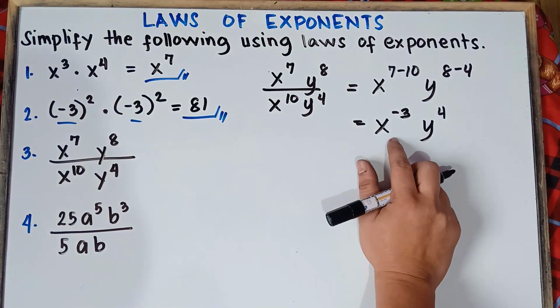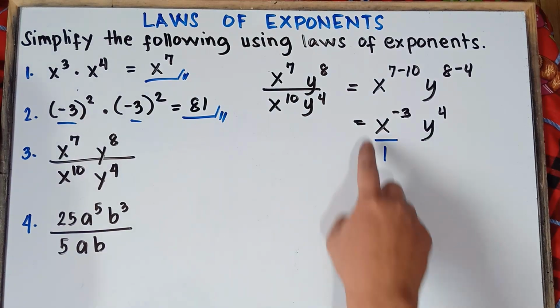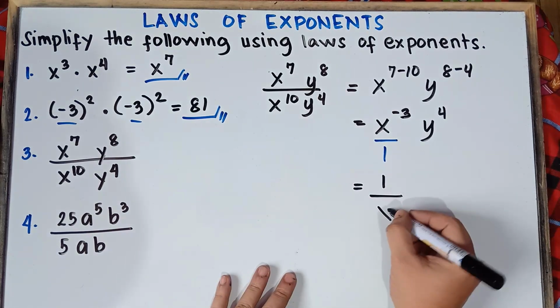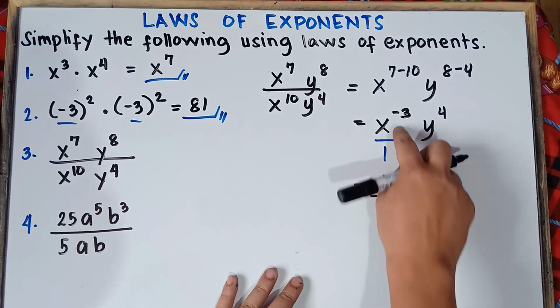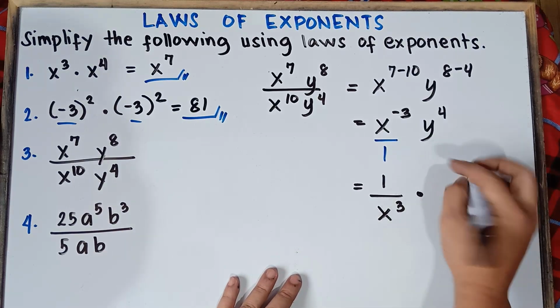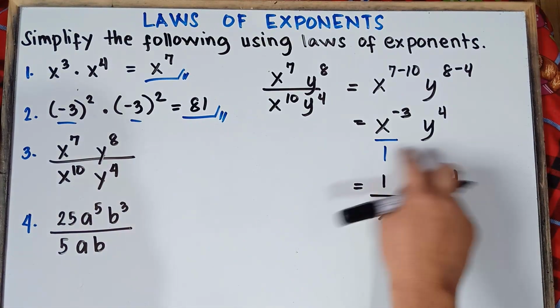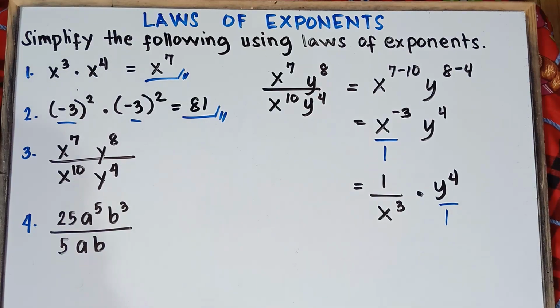Therefore, we need to get the reciprocal of this one. We can apply the negative exponent rule. We get the reciprocal, understood that there's 1 here, for this variable, understood that there's 1. So this will be 1 over x raised to the power of 3. This negative 3 will be positive 3. You put this on the denominator. So that would be 1 over x raised to the power of 3 multiplied by y raised to the power of 4. Once again, if the variables are close to each other, it means multiplication. Understood that there's 1 here, you can put over 1, that's okay. Any variable, any number, has a denominator of 1.